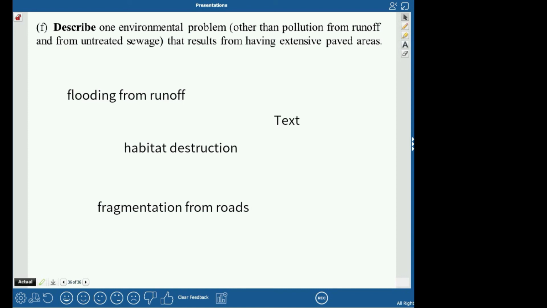There are a couple others that they mentioned, but we'll just stick with those. So you could just mention one of these, and that would be your point for that. So that would be 5 points, actually. You could get 5 points on this FRQ, even if you don't know how to do any of the math. So that's pretty good. That's kind of what I wanted to say: with a math FRQ, you can still get points even if you don't know how to do the math. So that's kind of handy.